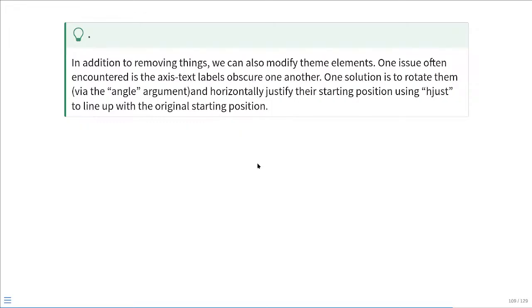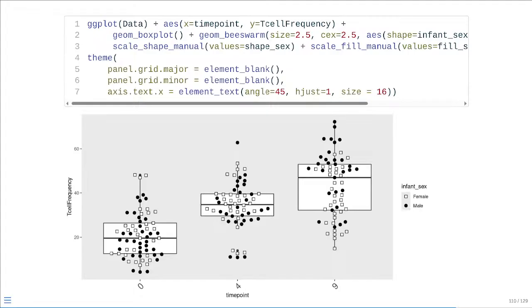So one way of being able to get around this is we can rotate them, which will let us be able to read them, and then we horizontally adjust the position until they're back into their original starting position. So in this case, we're just adding in our comma, adding in our next layer argument, which in this case is